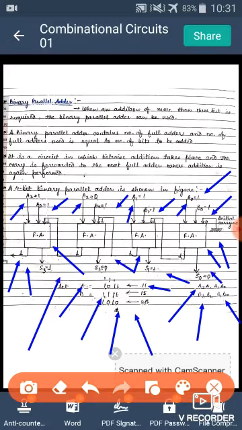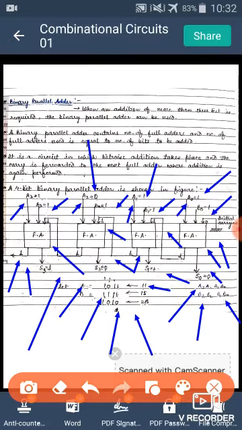Here if you can see in this diagram, 1 plus 0 will equal to this sum 0. Again in this block you can see here A1 1, B1 1, 1 plus 1 results in 1 0 and this carry is again forwarded here as a 1. So 1 0 plus 1 results in 1 1. It means sum is 1 and carry is 1, which is forwarded to this diagram.